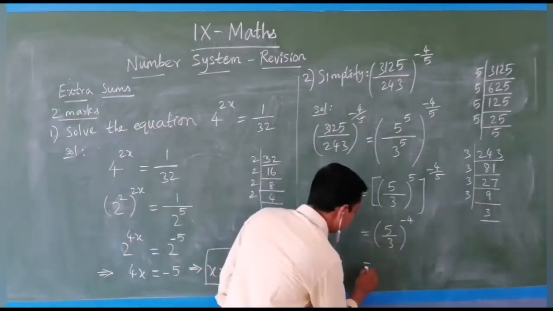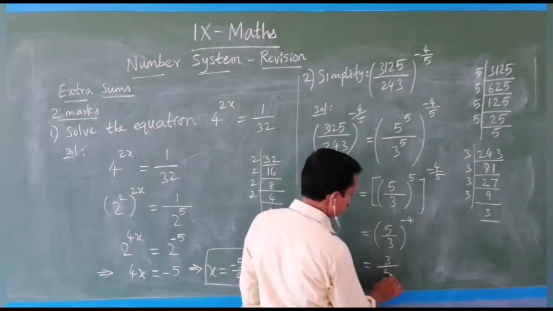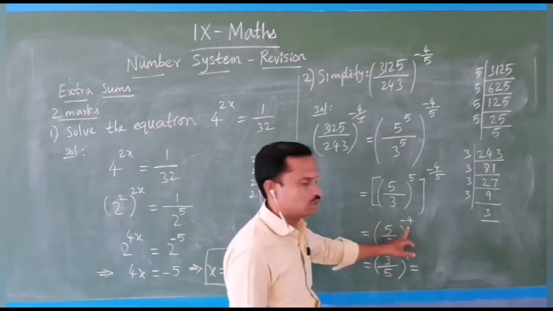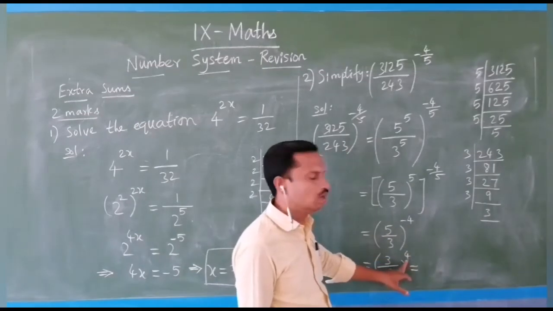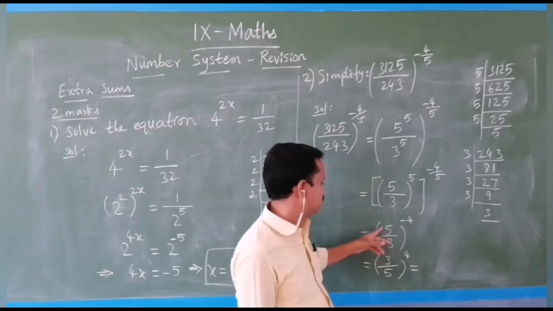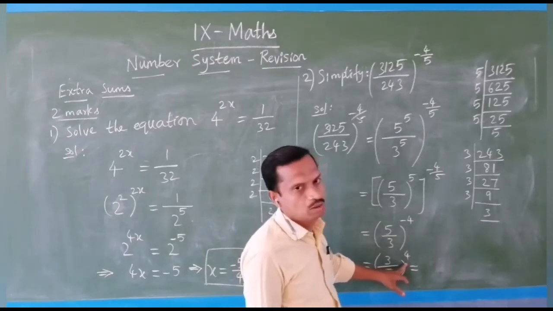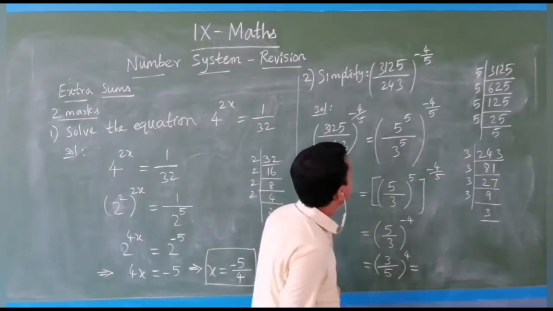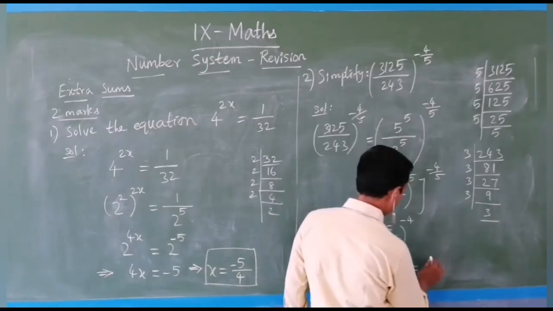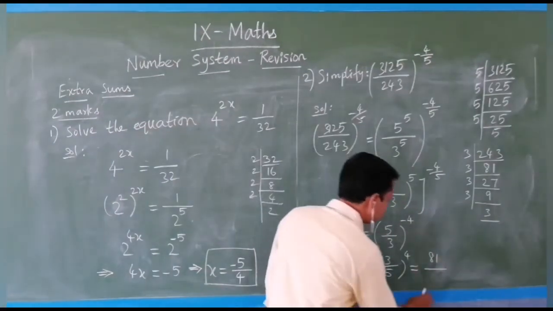And now this is a negative exponent. While taking the reciprocal, 5 by 3 becomes 3 by 5, and the exponent is 4. So minus 4, that is a negative exponent, becomes a positive exponent while interchanging the numerator and denominator. That is, while taking the reciprocal, the negative exponent becomes positive. So (3 by 5) whole to the power 4, and you can apply the answer. What is 3 power 4? 81 by, what is 5 power 4? That is 625.